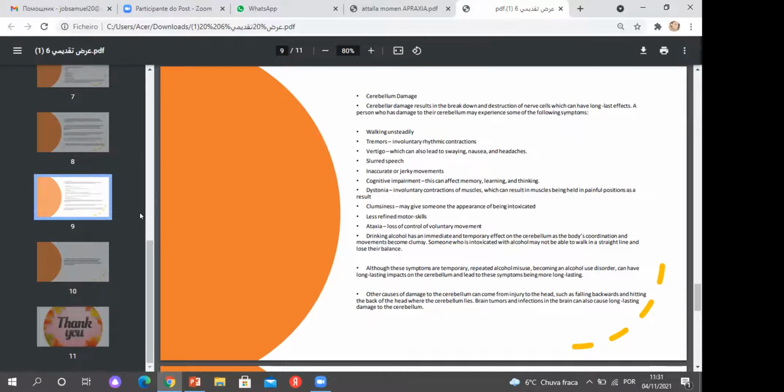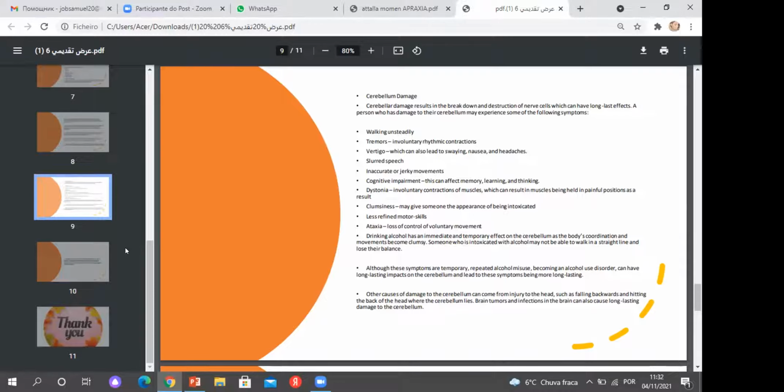Now about cerebellum damage. Cerebellar damage results in the breakdown and destruction of nerve cells, which can have long-lasting effects. A person who has damage to their cerebellum may experience some of the following symptoms: walking unsteadily, tremors, involuntary rhythmic contractions, vertigo, which can also lead to nausea and headaches, slurred speech, inaccurate or jerky movement,